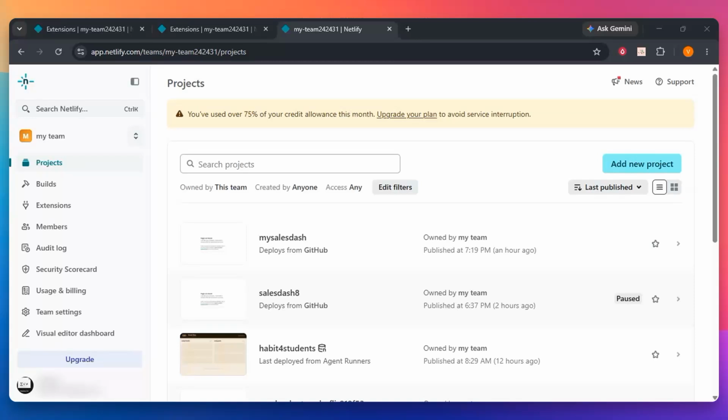In this video, I will walk you through the exact steps required to cancel your paid Netlify subscription and move your account back to the free tier. Managing your web hosting costs is an important part of any project workflow, and Netlify makes it relatively straightforward to